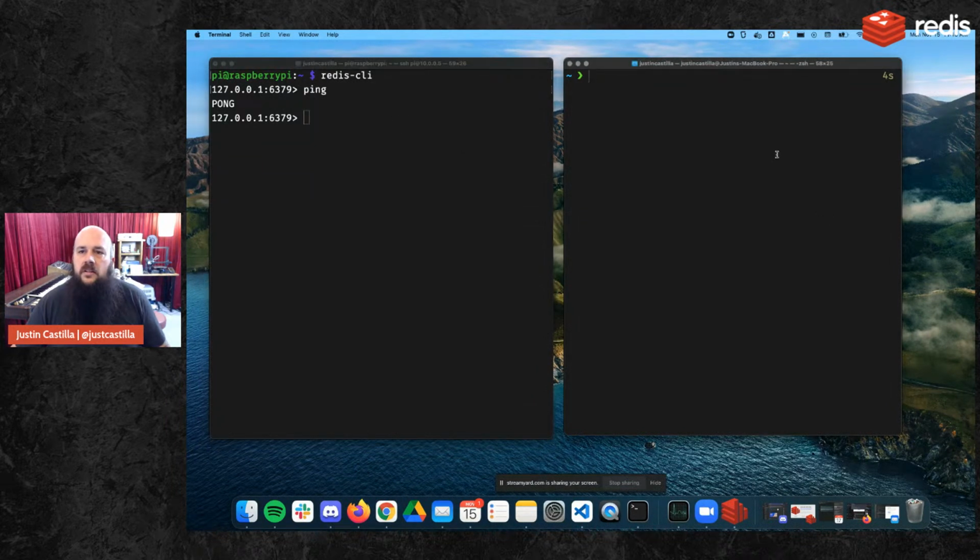And then here I am on just a normal terminal. I will connect to my Raspberry Pi instance. And there we go. Okay. So, of course, I have no auth. Shame on me going on here. This is very dangerous. Don't ever do this. Do as I say, not as I do. But yeah, I am connected fully to